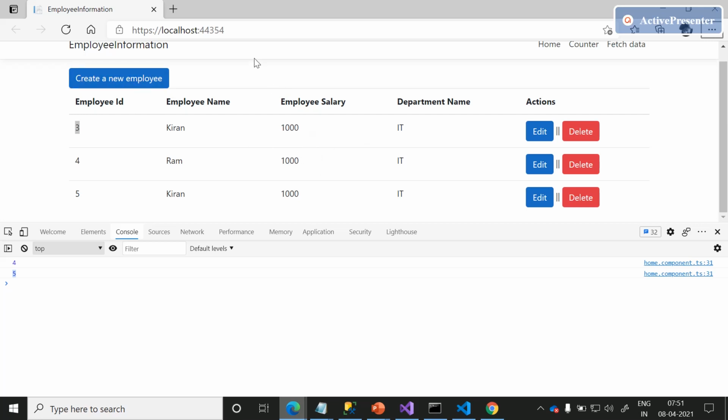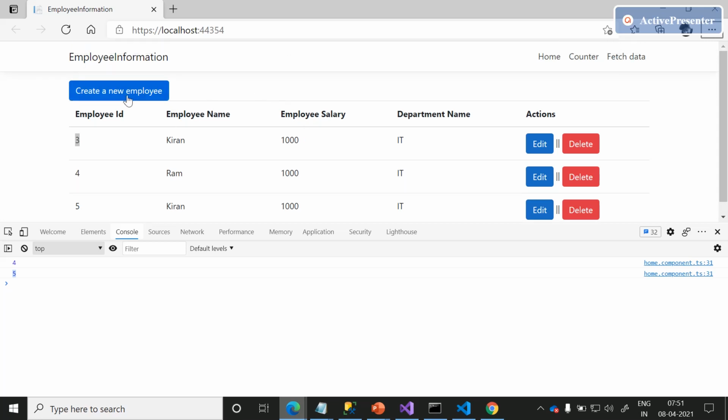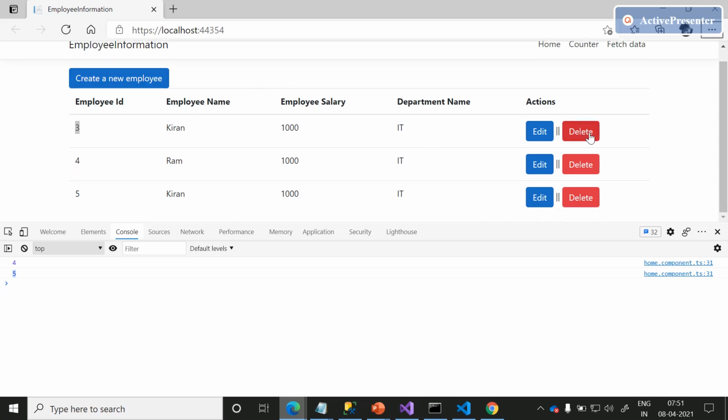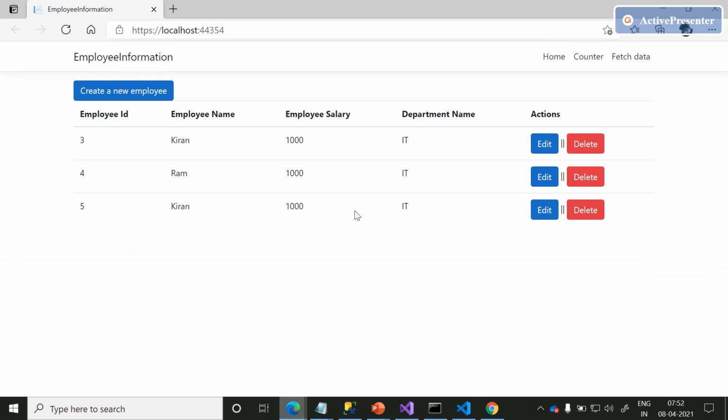On success, we need to show a pop-up saying the insertion is successfully done. On the click of delete, we need to have a pop-up to show that the delete operation is in progress and wait till that operation is done. On success, we need to show that the delete is done successfully. In our upcoming session, we'll see how to handle the client and server calls.